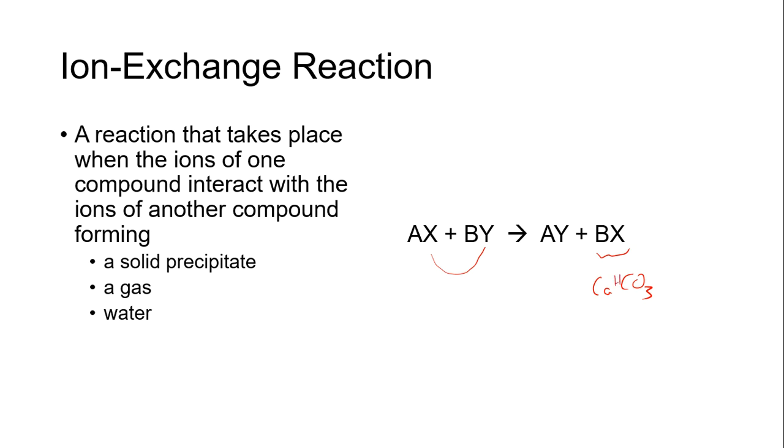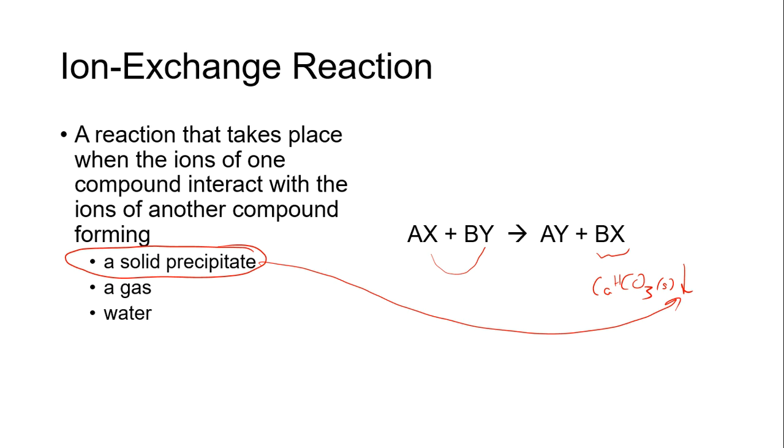I have to go back and look. You can go back and look at the exact example there. But this became a solid and it precipitated out of the solution. So this is a good example of an ion exchange reaction with a solid precipitate